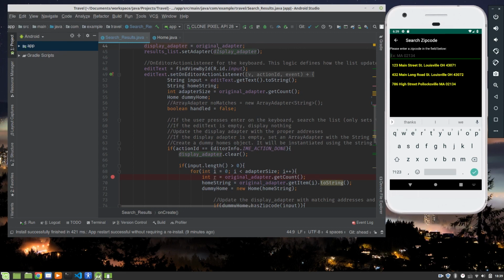They don't store hard-coded information. They store references to locations in your memory. But if you copy that to another object variable, then that variable will also contain the same reference. So if we go down into the set on editor action listener method here,